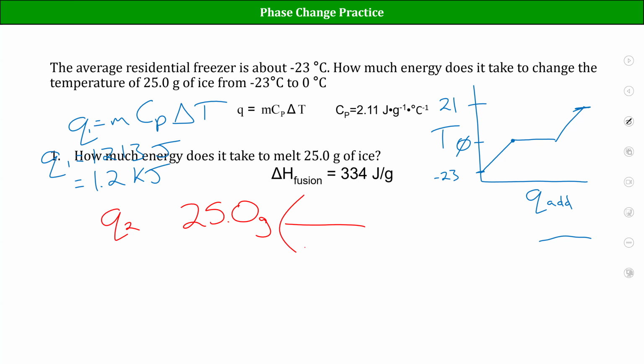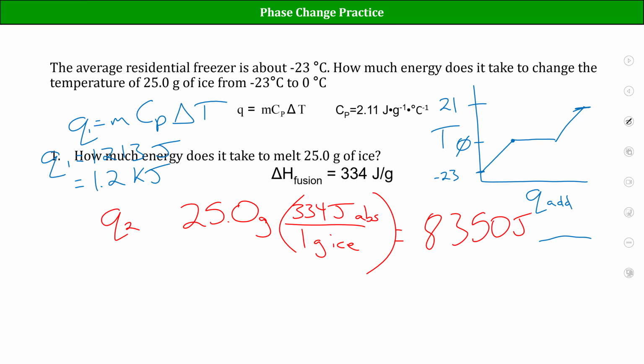And every 1 gram of ice is 334 joules absorbed. Or if we're keeping 3 sig figs,